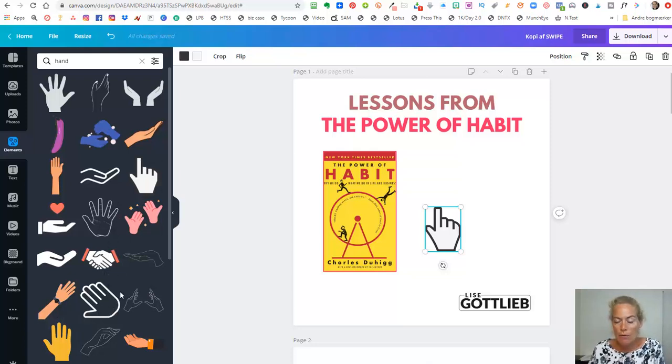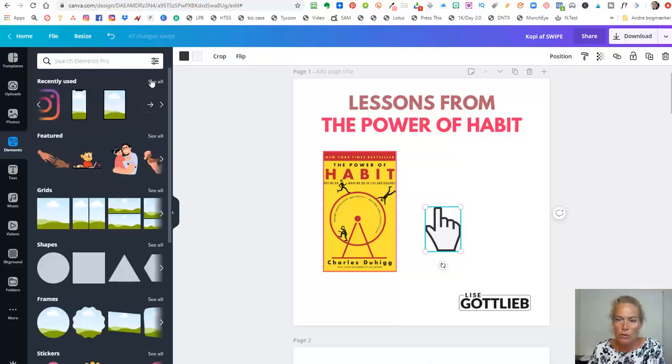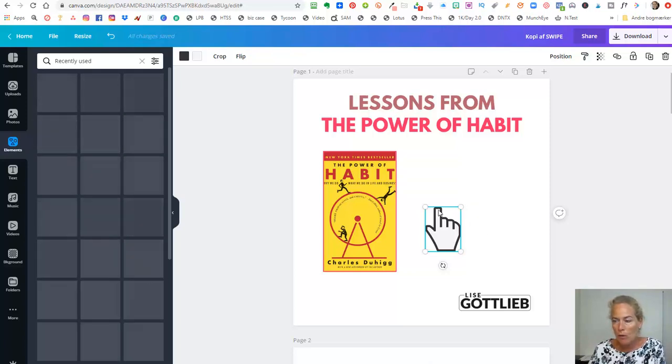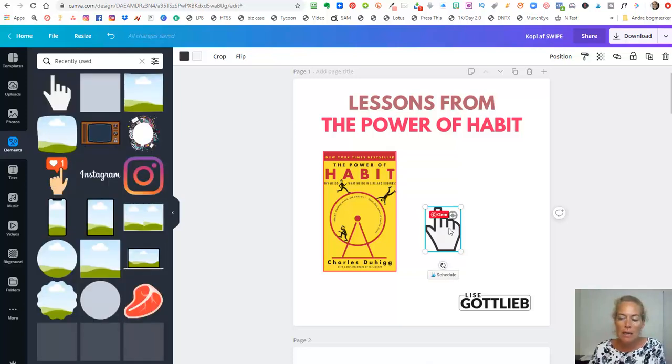Some of them further down also have some kind of animation, but you just press the one you want, and you can even go in the top, and if you have used one before, then you can use that one again. You can use under recently used, you will find if you have used another one like I have done before,